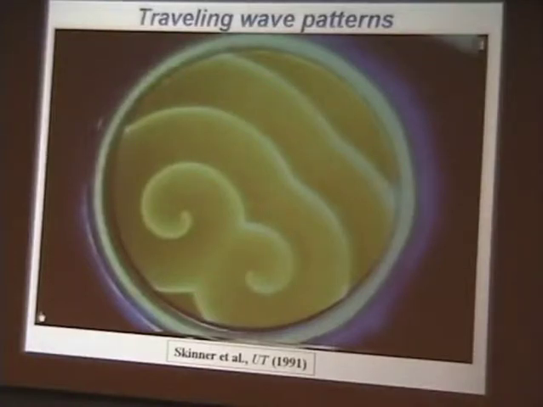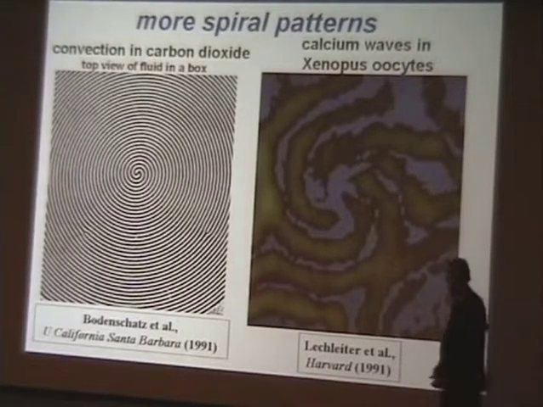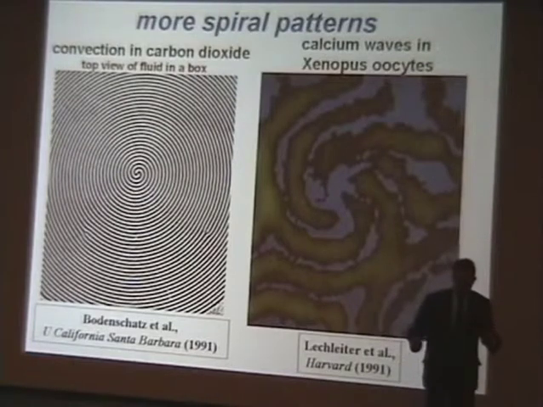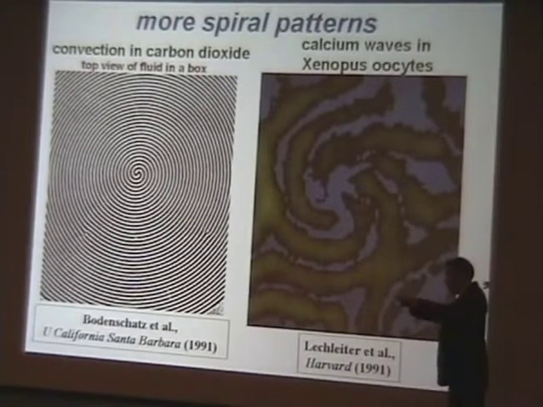waves rather than a stationary pattern. Now, stationary patterns occur in many situations, but also these time-dependent patterns occur in many situations. This was a real surprise in 1991 to find where if you take a box of fluid and you heat it from below so that you would get convection, instead of getting convection rolls, convection cells that are arrayed like